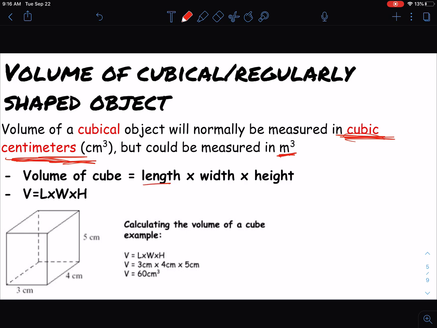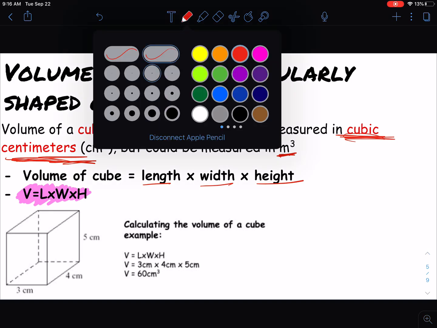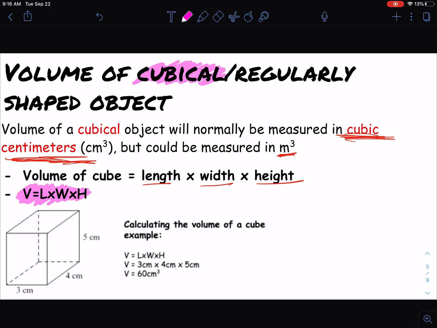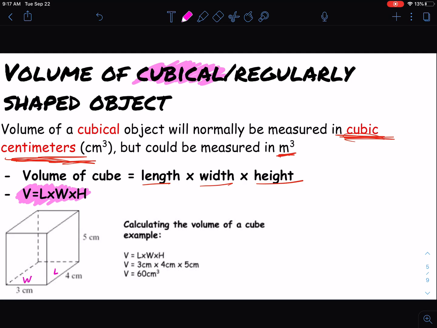You calculate this with length times width times height. Length times width times height. Nothing's changed since math class. The equation for that is right here. Length times width times height is for the volume of cubically shaped objects. Now you're used to having somebody say this is the width, this is the length, this is the height. When you do multiplication, it does not matter the order. You can identify them, but when you actually go to multiply, it does not matter which order you multiply in,